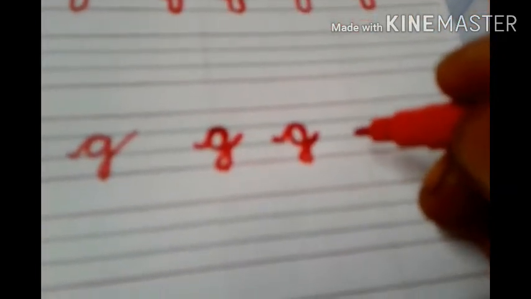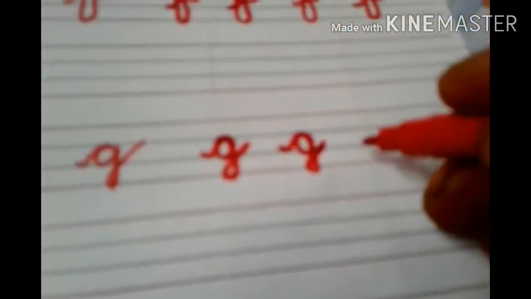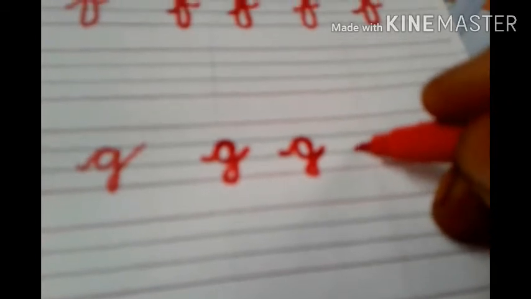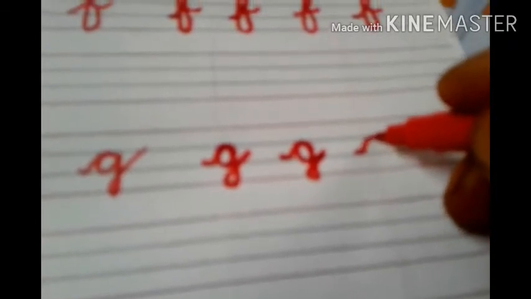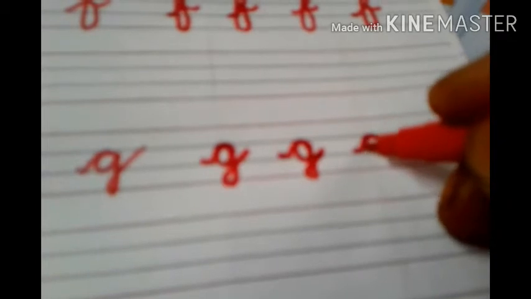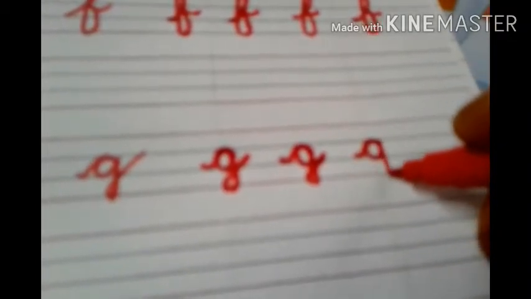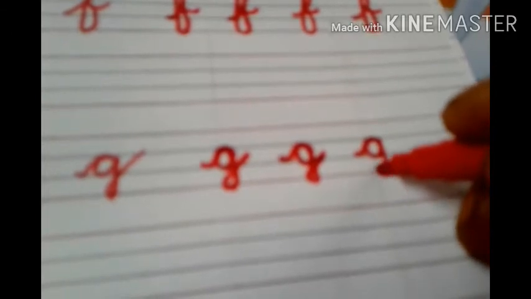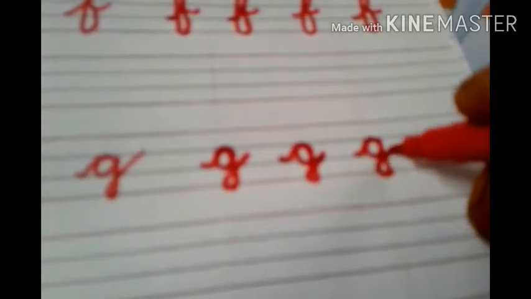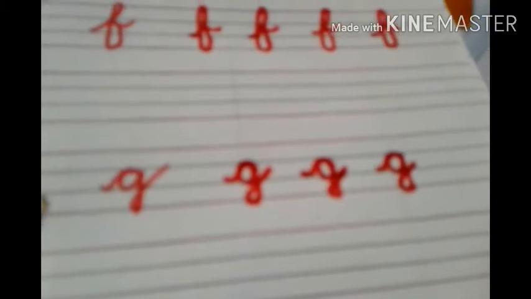Letter G. G for gun. Now once again you will see how I made this letter. Place a pencil on the third line. Go up to the second line. Come back again to the third line. Make a circle. Go down to the bottom line. Turn and go to the third line. This will make letter G.